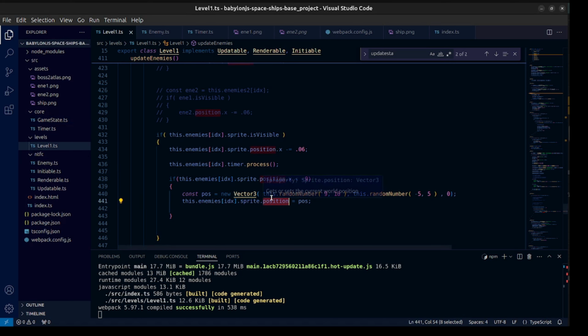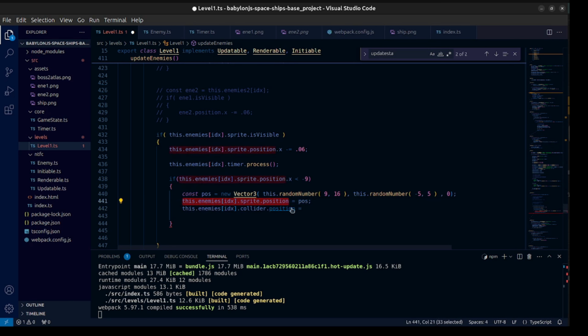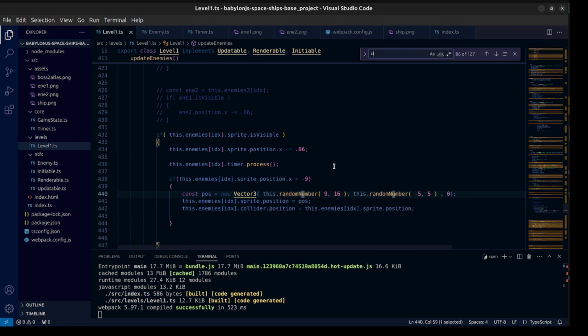So first thing, here when I am changing and returning the enemies back to the start of the level, to the beginning, I'm changing the position, right? So that means that to fix the collider not set to the enemy, I can reset again the position for the collider. Position equals the sprite position, or this position, right? Like this. And then I need to go to the update